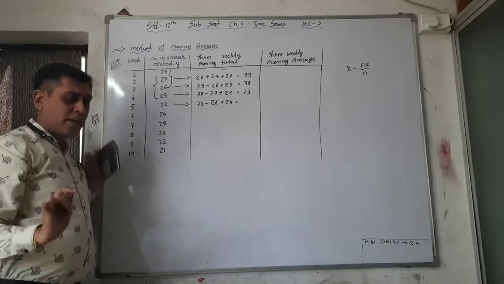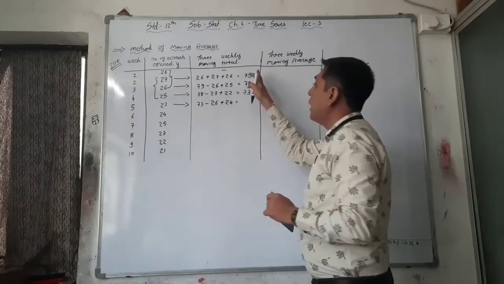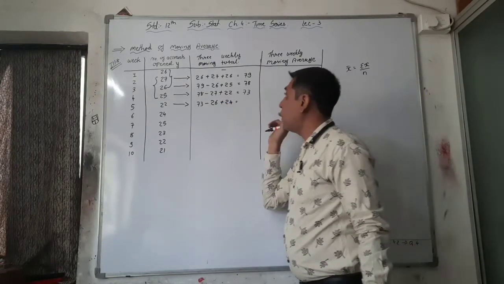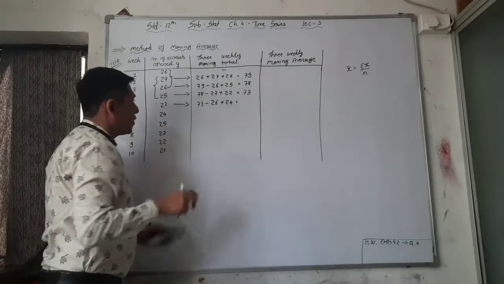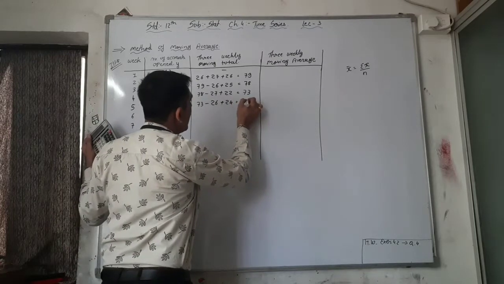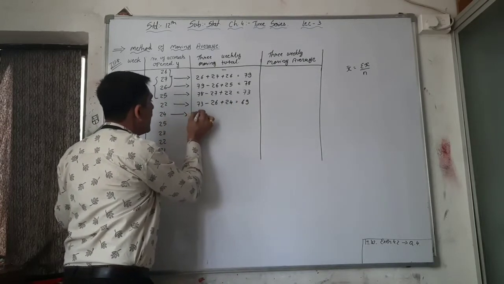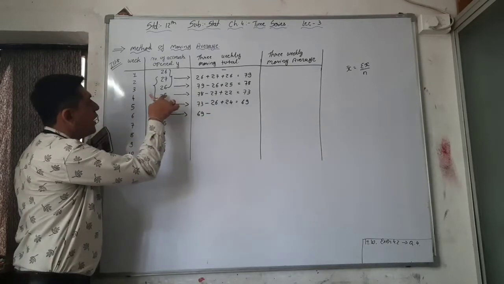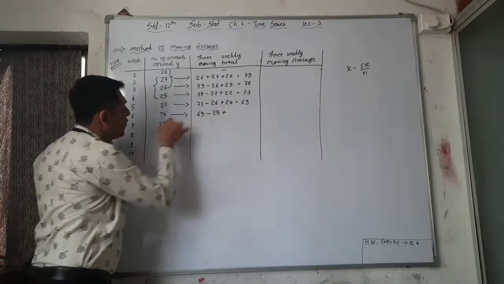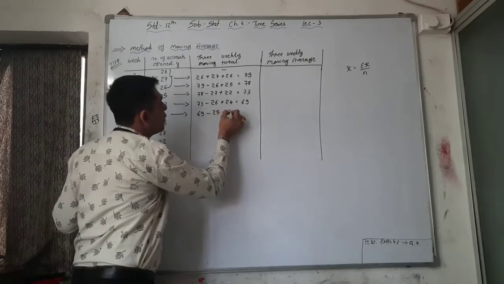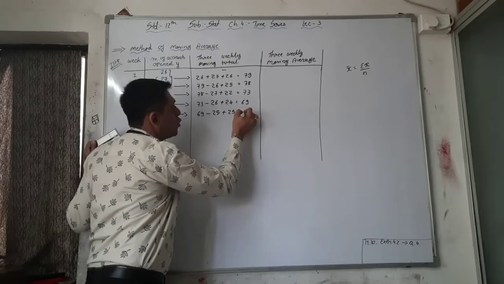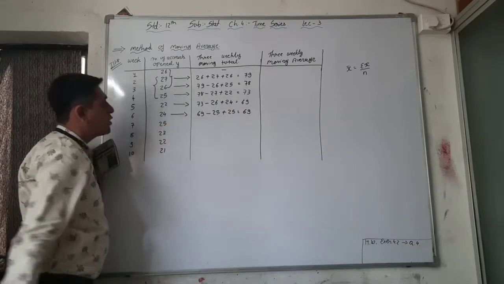See, this method is very easy, but you have to be careful about this value, which one we have to subtract and which one we have to add for the 3 weekly moving total. So here now 4, so 69. Now 69 minus which one? After 26 we have to subtract 25, and after 24 we have to add 25. So we are subtracting 25 and adding 25, so no change, that is, the answer is 69.